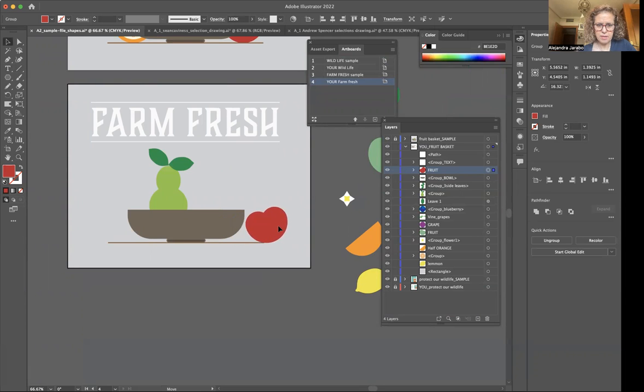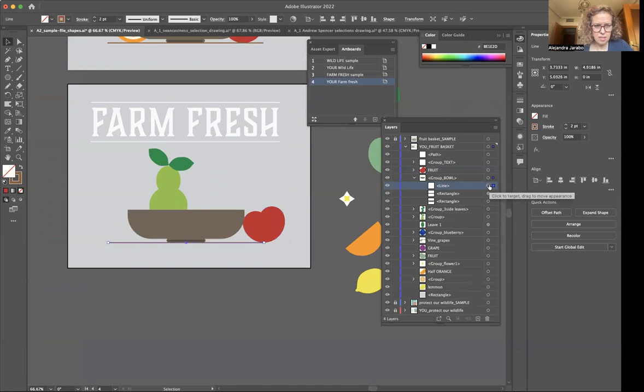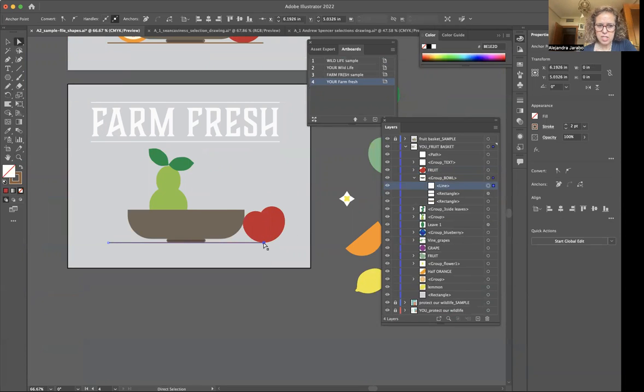Maybe I want it here. It looks like it's going to fall any second. So in this case, maybe what I need is to open my fruit bowl, where I know the line is here. Let me select this lovely line. Okay. Then I could scale it, or I could select just one point. You see that the one that I've selected is blue and the other one is white. And with the arrow,